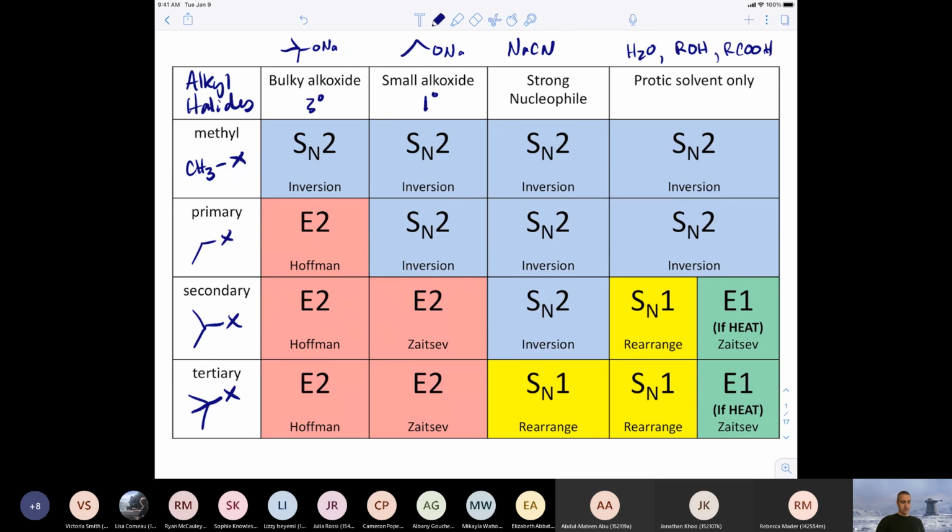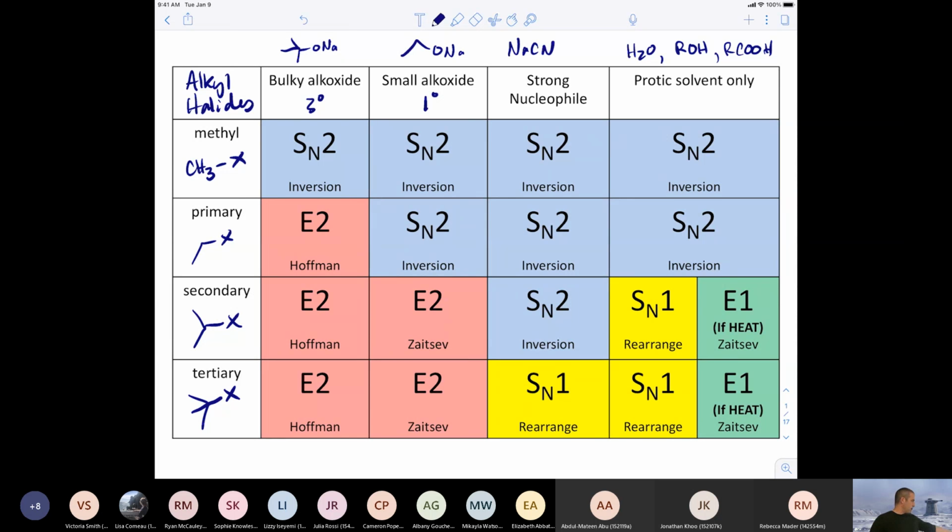Small alkoxides also prefer E2 for secondary and tertiary, but primary, like methyl, loves to do SN2. So primary will do SN2 under any condition except the bulky alkoxide. If you remember that methyl is always SN2, and primary is always SN2 unless you have a big bulky base, which is a terrible nucleophile, and that alkoxides will almost always give you E2,